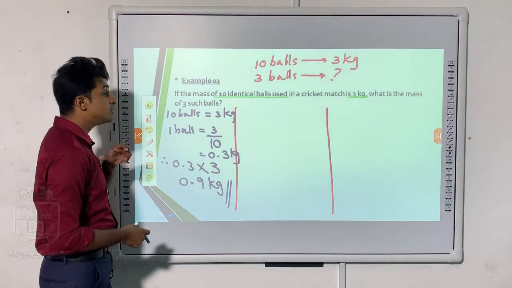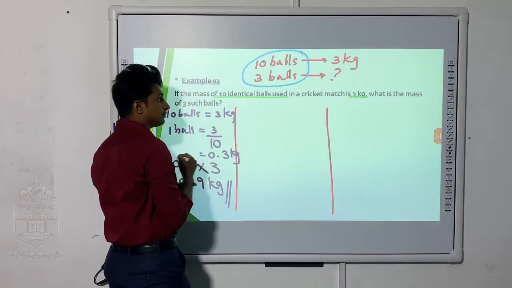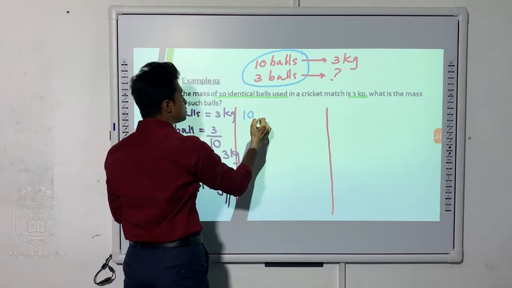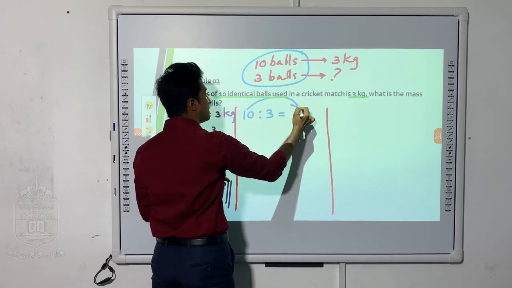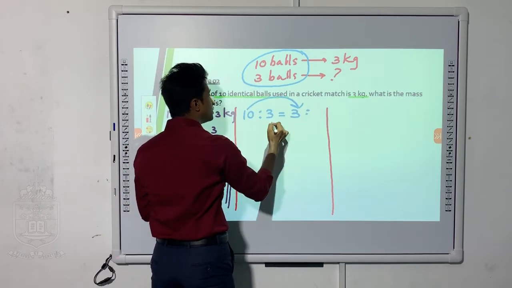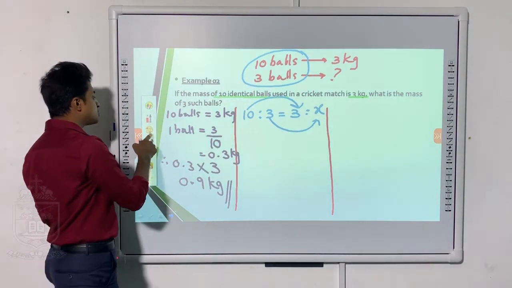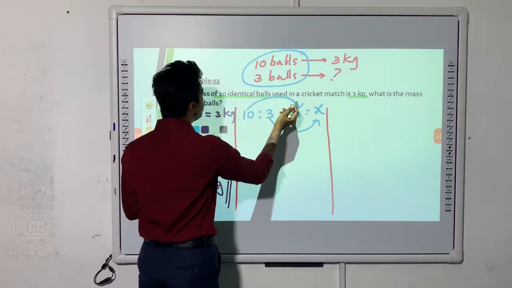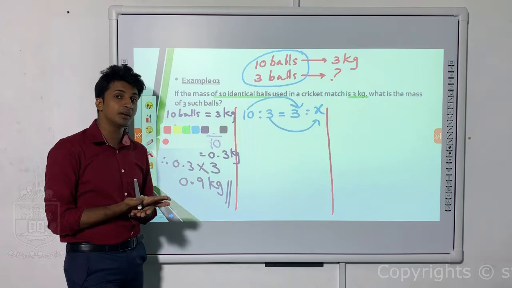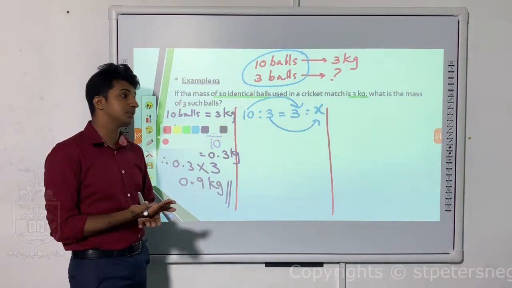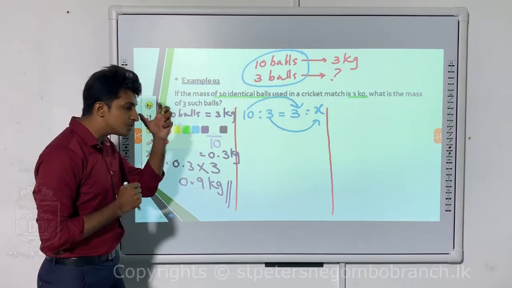Next, using the definition method, I told you, take this side and write as a ratio. So 10 is to 3 equals, for 10 it is 3 kg. For this we don't know the value. Now here there's a small issue. The issue is that 10 cannot be multiplied or divided to bring it to 3. Even if you multiply 10 by any number or if you divide 10 by any number, you cannot bring 10 to 3. So in this method, you can use a longer one.